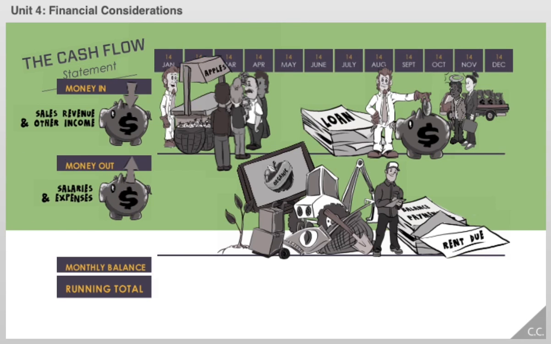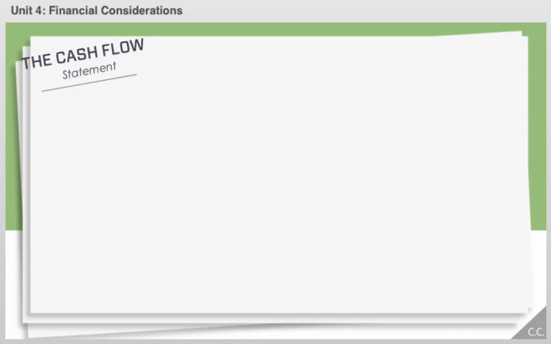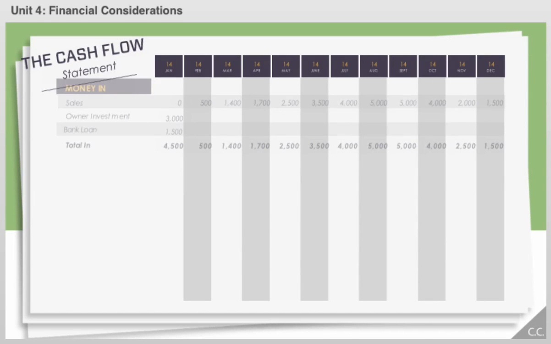So it becomes an important planning tool that will help guide strategic decisions. It should be done on a month-by-month basis and be completed for at least 1 year. It should also be seen as a living document that gets updated as actual numbers become known. Sources of money coming into your bank account should include a healthy amount of anticipated sales revenue, but will also likely include your own personal investment, perhaps other equity investment in the company, or other sources of money, such as